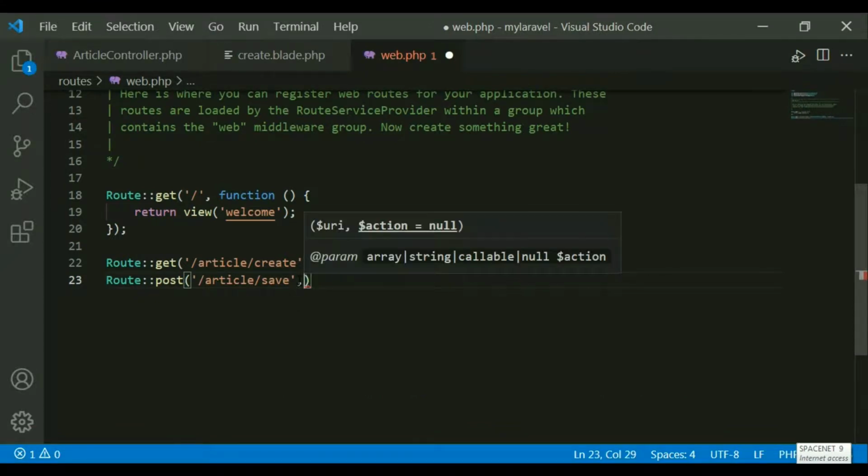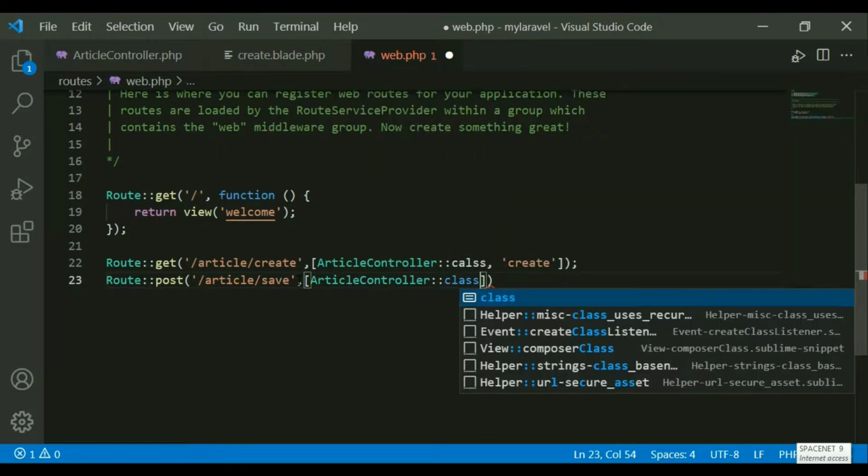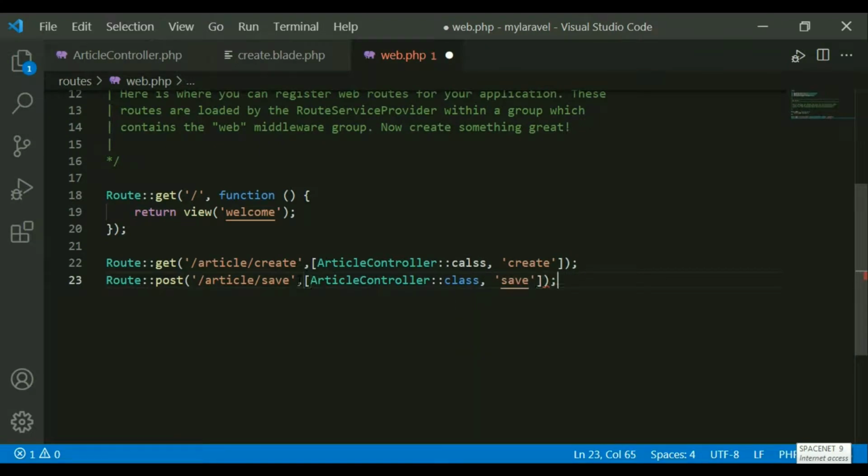When I call this route, it should call the article controller class, and it will call the save method. That's all about it. This is a spelling mistake in class. So article create route should display the form, and article save will save the data.